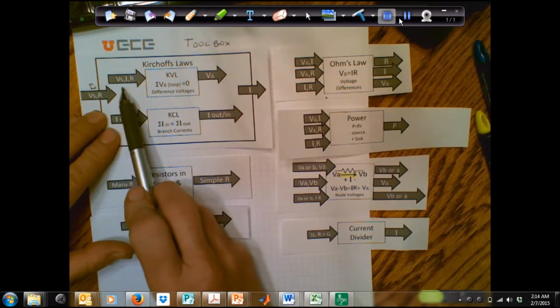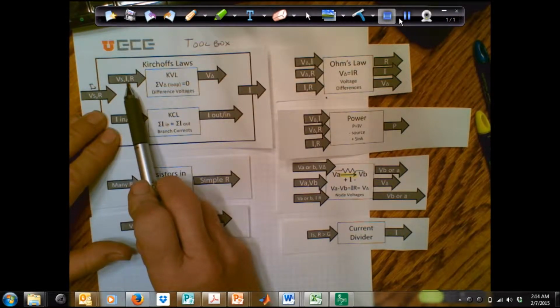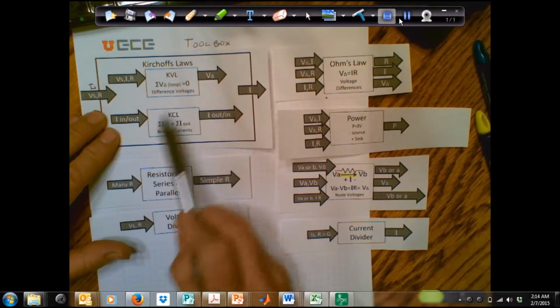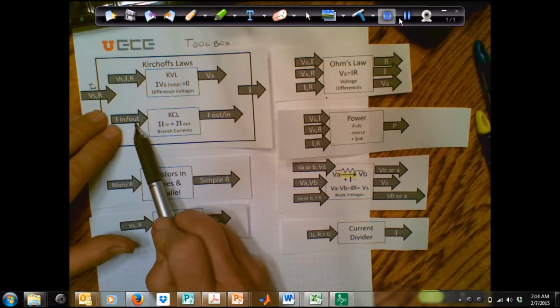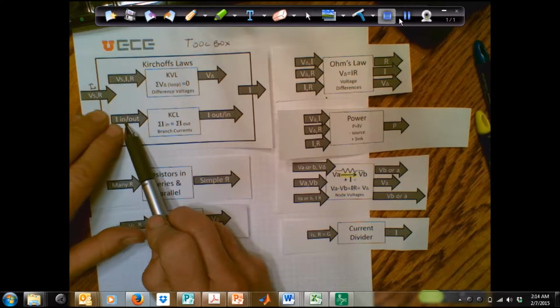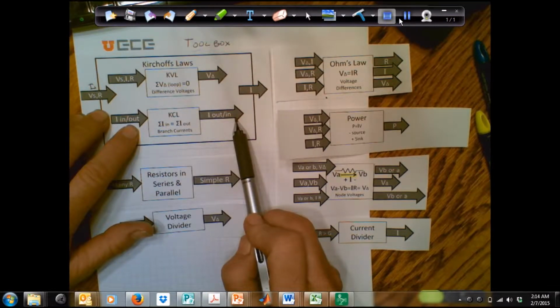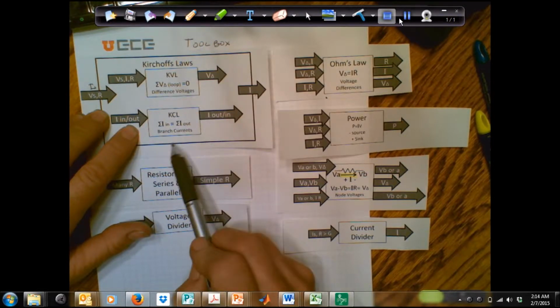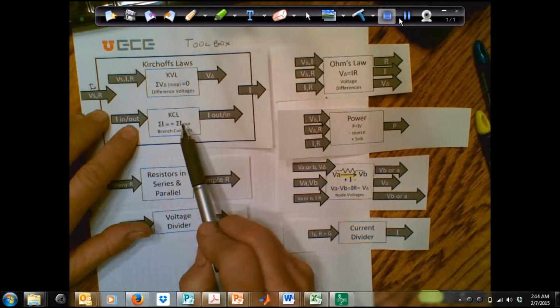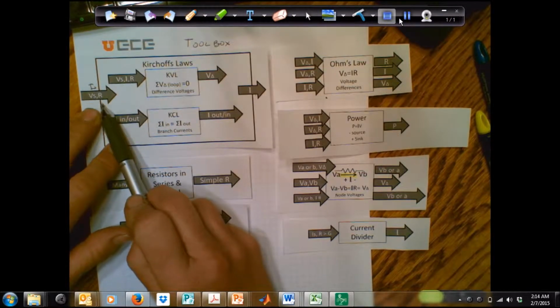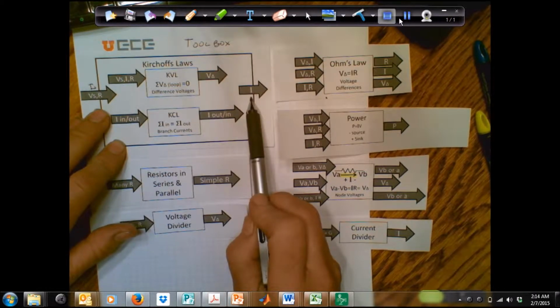So if we knew, for example, our voltage source, our current, and our resistance, we could calculate voltage differences around the loops. If we knew the incoming and the outgoing current, we could find the outgoing current. If we knew the outgoing current, we could find the ingoing current. If we combine these, if we do a series of loops plus at least one node, we can take in our sources, our current and our voltage sources, and our resistance, and we can find the branch currents.